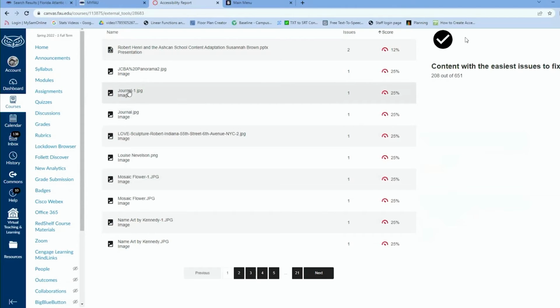If you don't create an alternative text, and I did a demonstration on this last time, we had a session which you may not have been at, but you missed a good one. The alternative text gives a visual description to an individual that is not able to see. That could be due to being blind or low vision. So the easy fix to do, if you click on it,